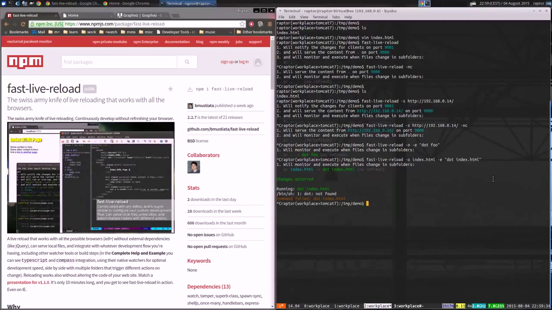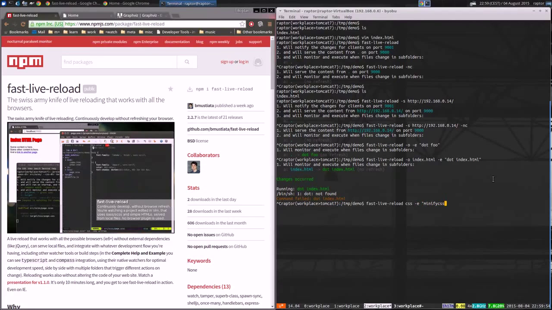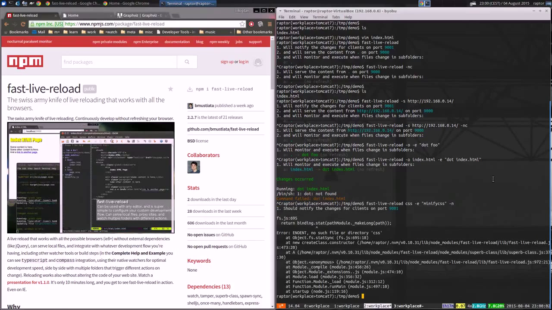The idea is you always start with a list of folders which you want to be monitored, followed by a list of execution commands. So for example, if I want to do the CSS part, let's say whenever files in CSS change, I want to execute minify CSS. I'm going to execute it with dry run because I don't have any of these folders and I don't even have the minify CSS command. And this will just show us,